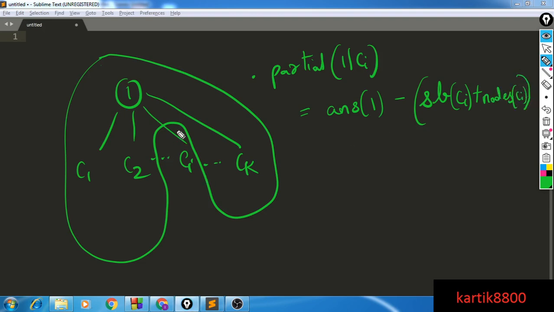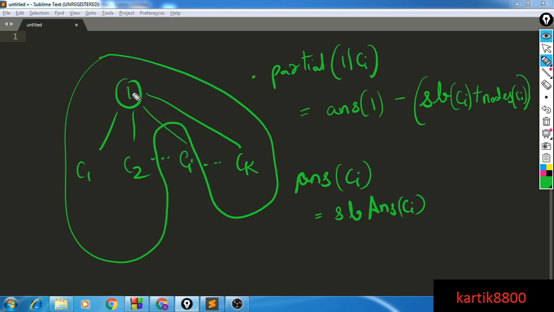I can subtract this particular thing and I will know the partial answer. Then I can pass the partial answer to node Ci, and Ci will be able to evaluate its answer like this. It's going to know that its answer is the subtree answer of Ci, and from Ci I could go one step up, and again I could follow every other edge, right, as followed by 1. So the partial answer of 1 with respect to Ci I can follow after that.